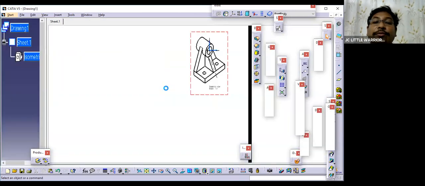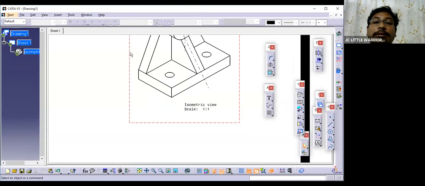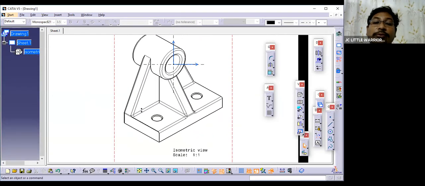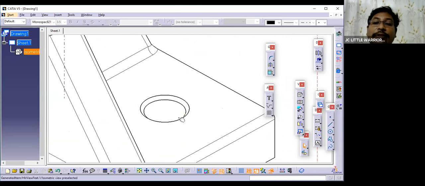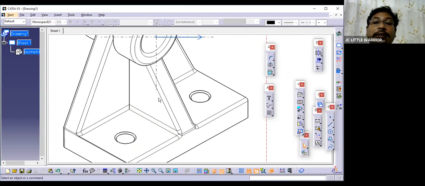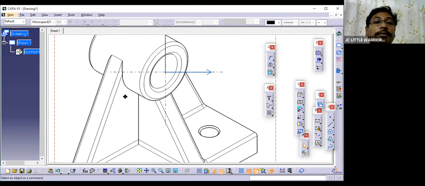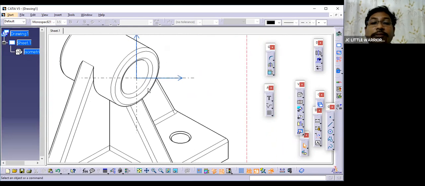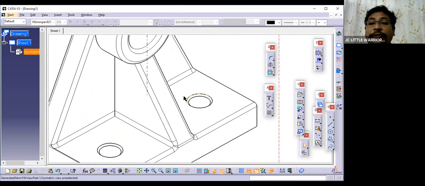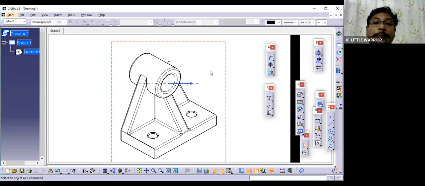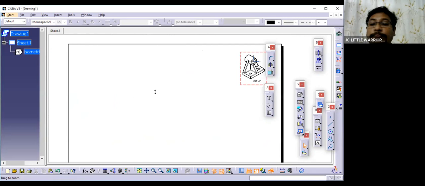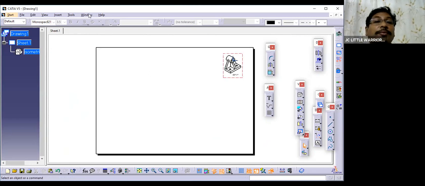After finishing this, if you come back here, it will ask again to update because you changed something in the model. So you can see here now. Okay, you can see the chamfering what we have given. It is reflecting here, and you can see all these fillets what we have given. Okay, you can see all the fillets here. Okay, apart from that,